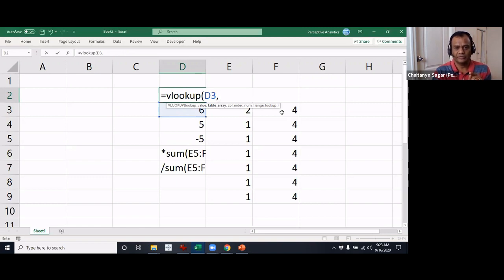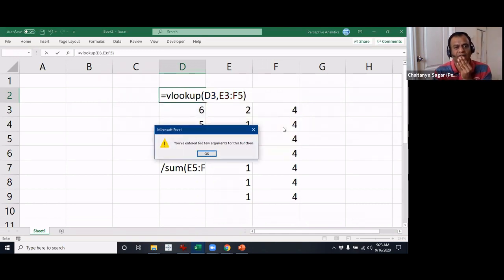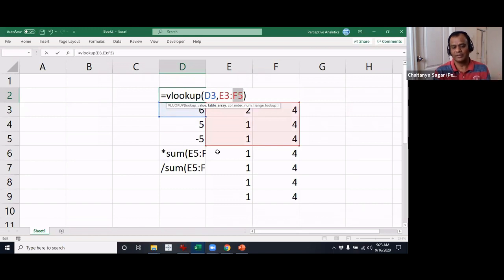Okay, and also there's a little bit more. I'll just come back to this. Let me just complete the formula here. Let's say I do this, and I close the bracket and I hit enter. Basically it will tell you there are too few arguments to this function. You have to add an adequate number of arguments to this function. Clear? So in some cases, it will tell you. This could be basics for some of you, but it's worth noting some of these things.